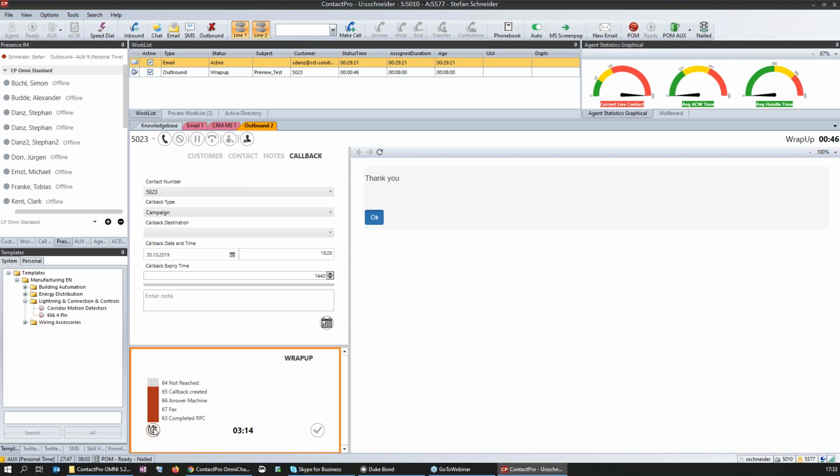While I'm still in the after call work, in parallel I started an inbound call in the background, which I also have the skills for. I want to demonstrate how the blending between POM and the Avaya Aura inbound world works. So I now select my completion code and click on OK, and you see on the top in the work list that I currently have my email and my outbound contact from the preview campaign. Now if I click on OK,